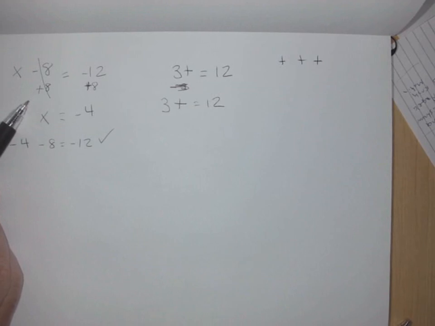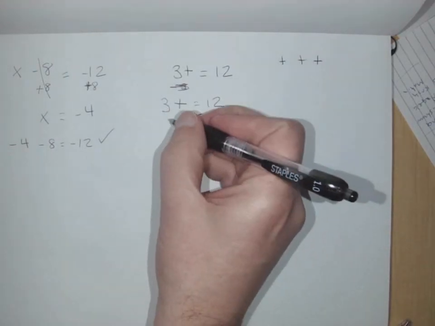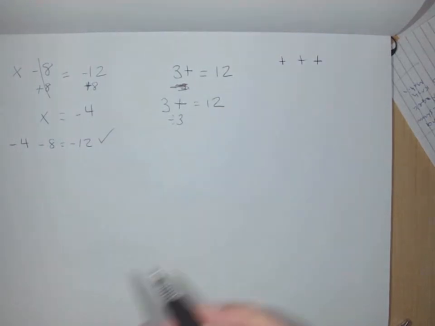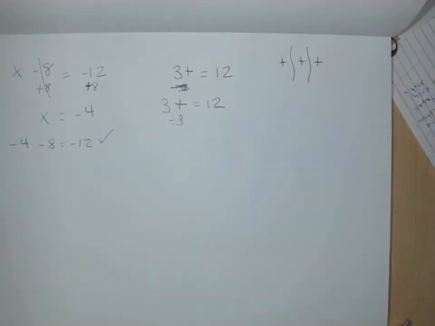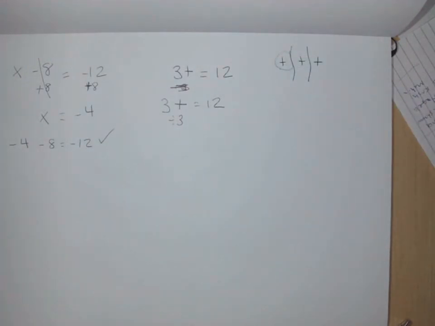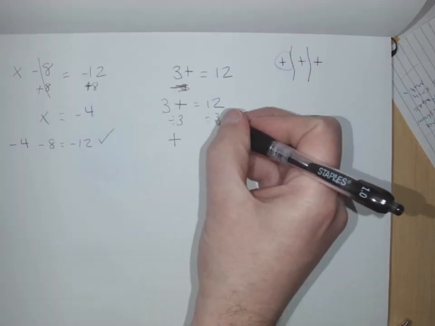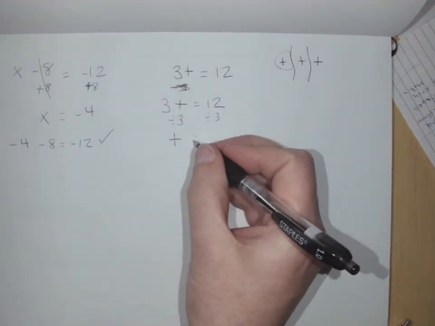When you want to get rid of something, you've got to do the opposite. So since this is 3 times t, we're going to divide by 3, because when I have those 3 t's, if I cut them into 3 groups, I'm left with just a single t, which is what I wanted. And Thanos rule, whatever you do to one side, you do to the other, and we're left with t equals